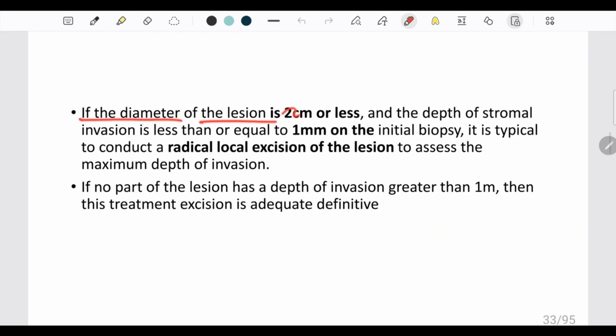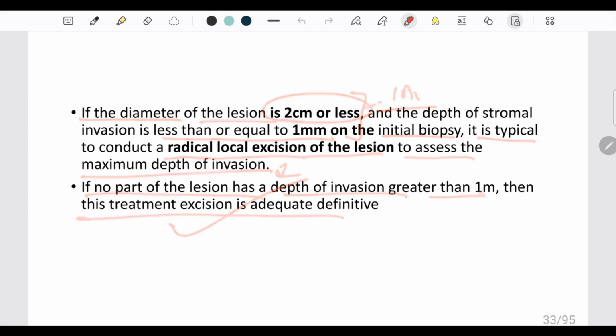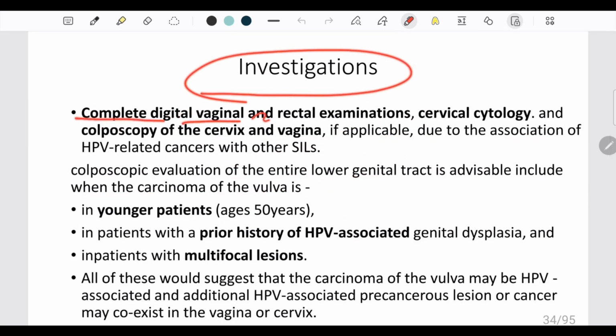If the diameter of the lesion is 2 cm or less and the stromal invasion is less than or equal to 1 mm, typically conduct radical local excision of the lesion to assess the maximum depth of invasion. And if no part of the lesion has a depth of invasion greater than 1 mm, then this excision is adequate definitive treatment. Investigation: complete digital vaginal and rectal examinations, cervical cytology and colposcopy of the cervix and vagina, because